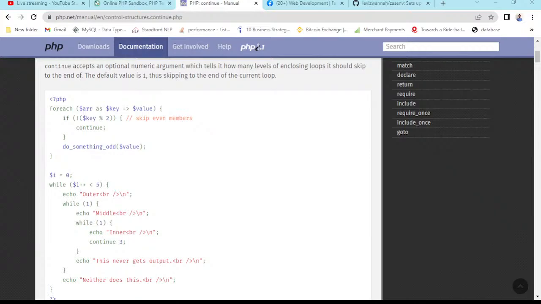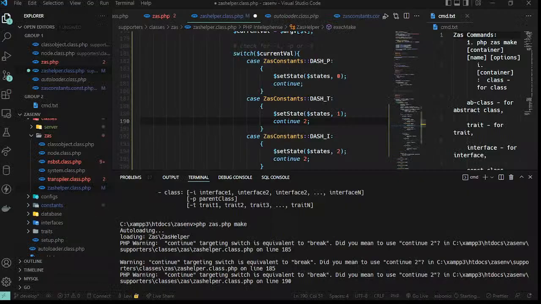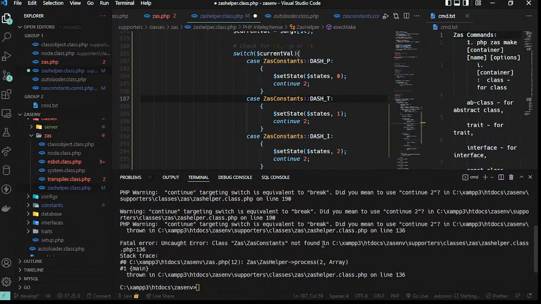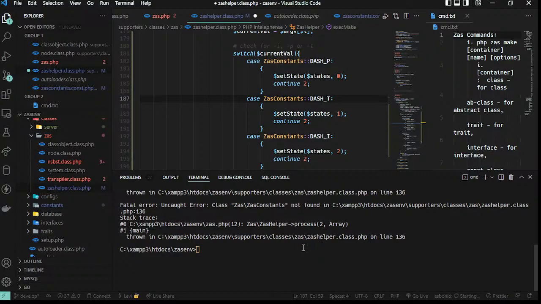So we are going to be using continue 2. Let me come to the OBS, and let's remove the browser window. And yeah, we're going to be using continue 2. Good. I didn't know about this. So okay, we are having some errors though, but we are going to fix them. Class ZAS